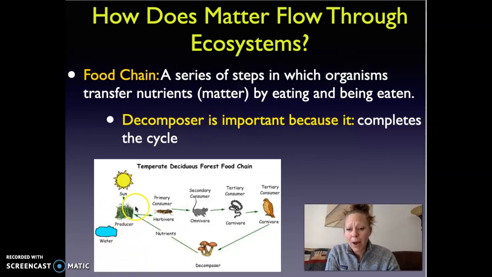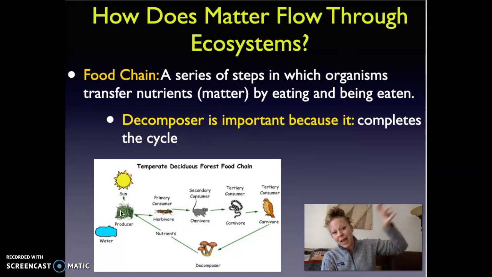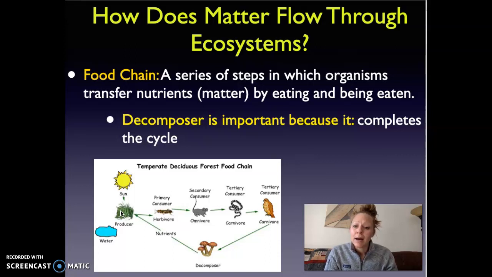So our food chain starts with our producers. They get the energy from the sun to take the carbon out of the atmosphere. Our plants are very important because they can take the carbon out of the atmosphere and put it into a form in which we can eat it, because we can't eat carbon dioxide, but we can eat plants. So producers are very important, and the sun is what fuels it. That gives it the energy.